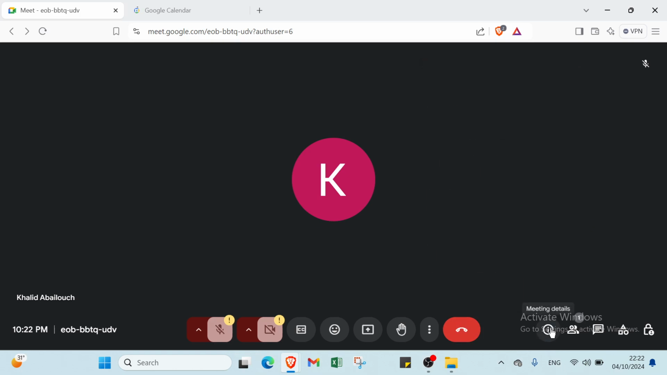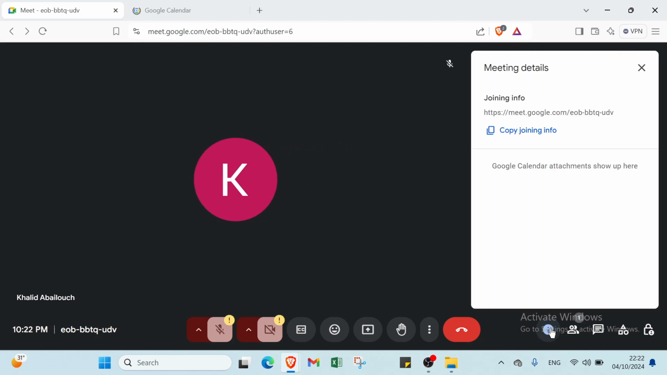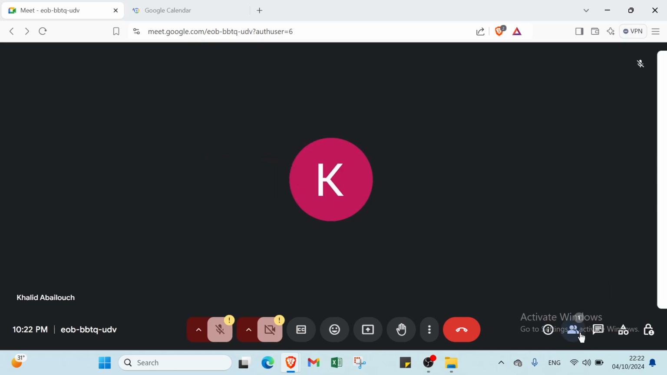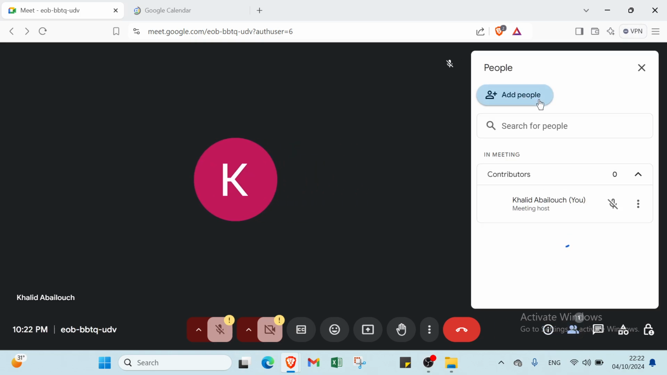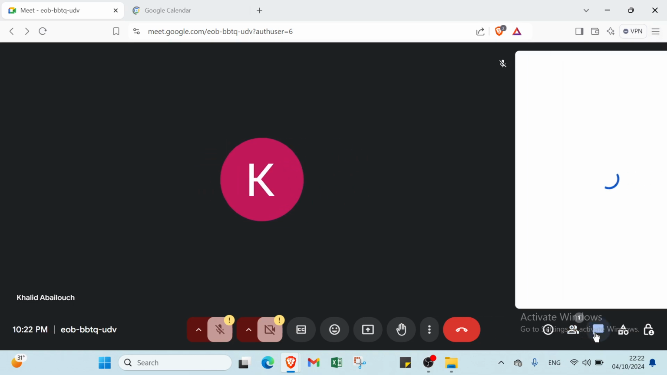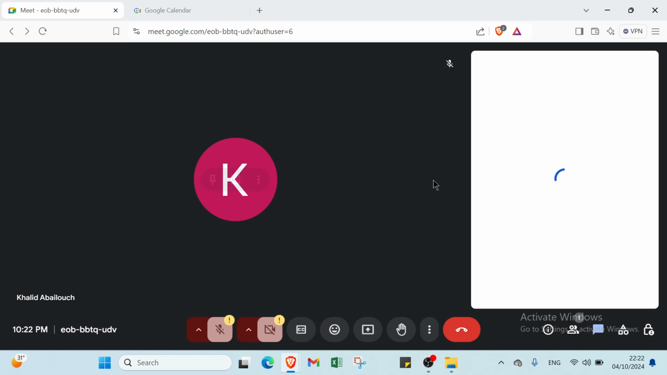Then we have here meeting details. As you can see, we have here sign info, copy sign info here and you share it with your friends. Then we have here people, add people here, you can search for people here, and we have here contributors. Then we have here also chat with your friends,